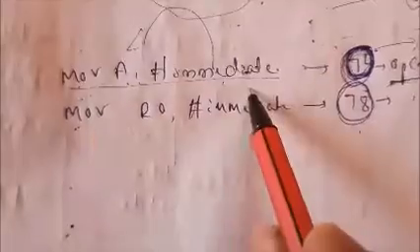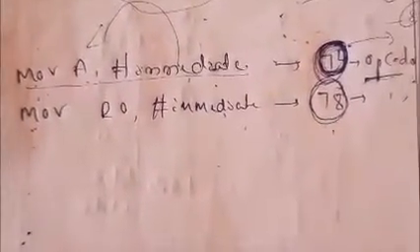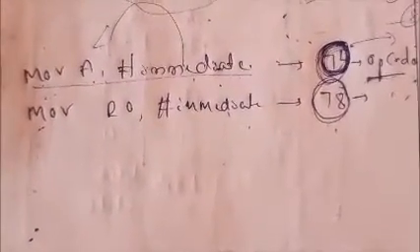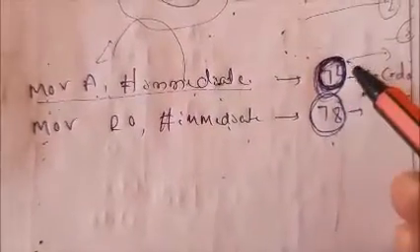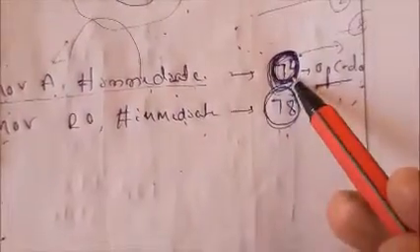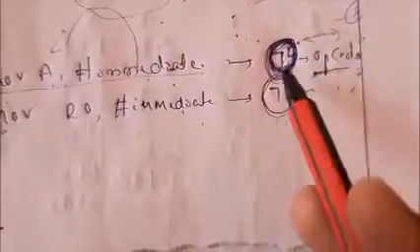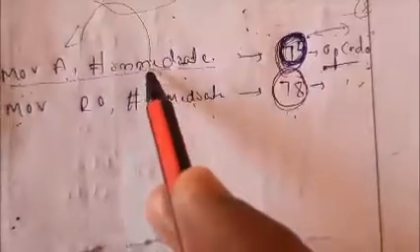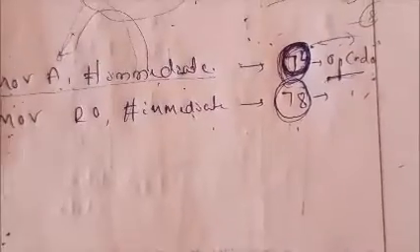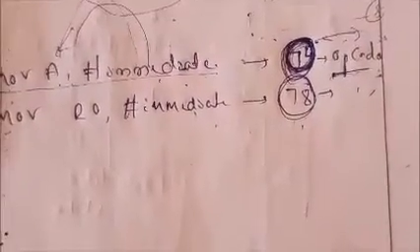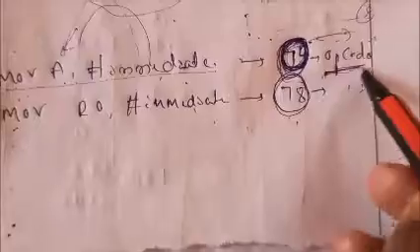If you say this directly, your microcontroller doesn't understand. So how can I make it understand? In the programming part, the assembler will generate some operating code, that is 74. By using this 74, your microcontroller comes to know that 74 stands for moving the immediate data to the accumulator. So by using this operating code, your microcontroller comes to know what it should do. That is the meaning of the operating code.